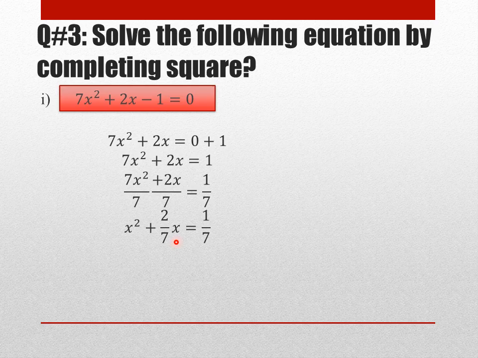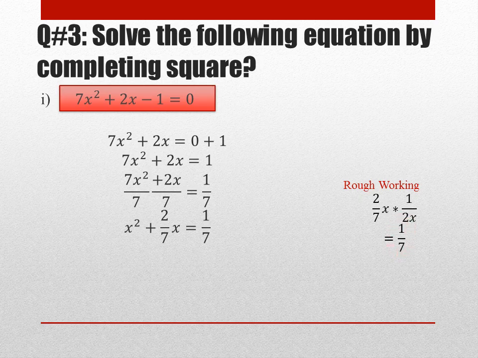So first of all we have to find what would be the b term from 2 by 7x. We will multiply the central term, which is 2 by 7x, with 1 over 2x. We will normally take half of this term. So the variable x should also get cancelled. That's why we have put 2 here. So 2 by 7x multiplied by 1 by 2x, the answer would be 1 over 7. So this 1 over 7 is our term of b square.